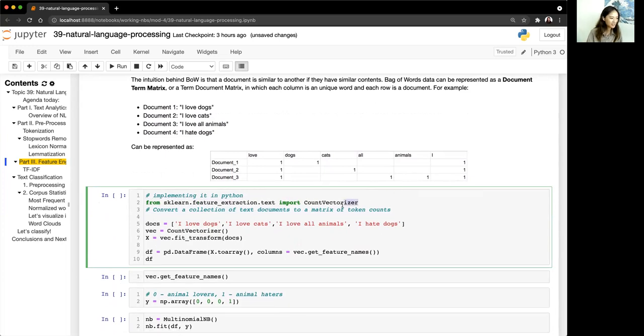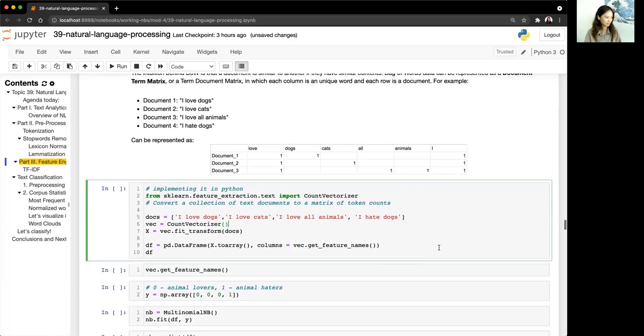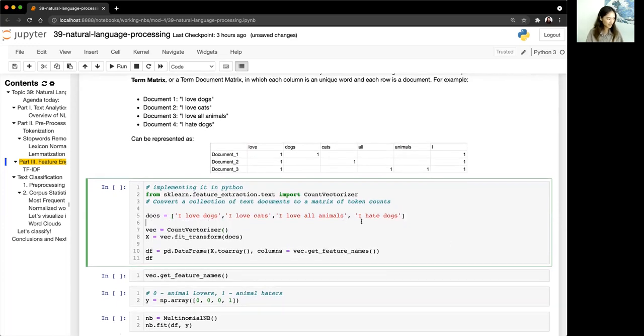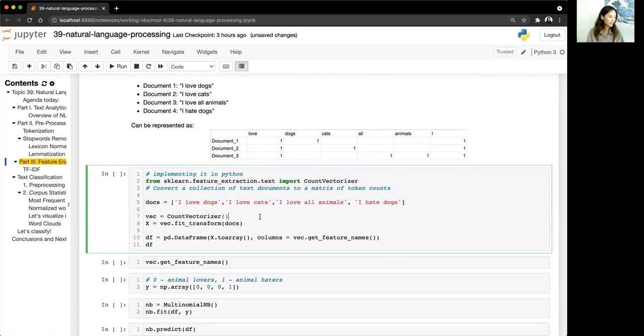Okay, so we're going to use CountVectorizer, and CountVectorizer is basically how you can automatically go from this into something like this. So let's take a look at what this is. First, I have my documents over here, which I've just taken from those sentences over there. This can also be a column in your data frame. That's absolutely fine as well.